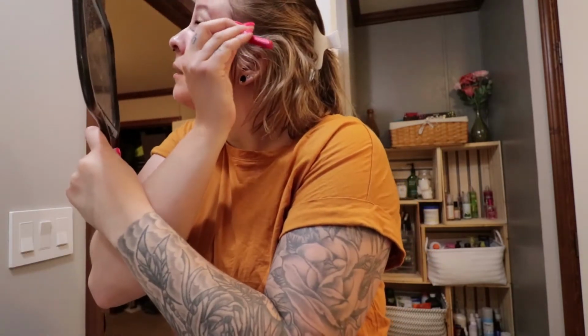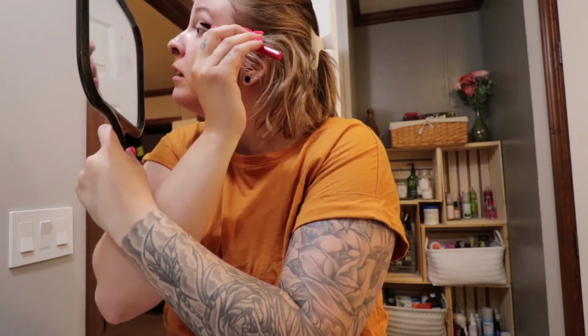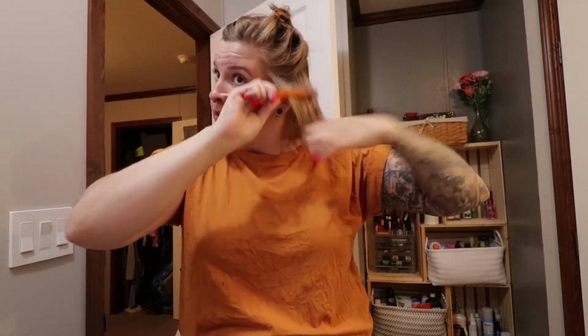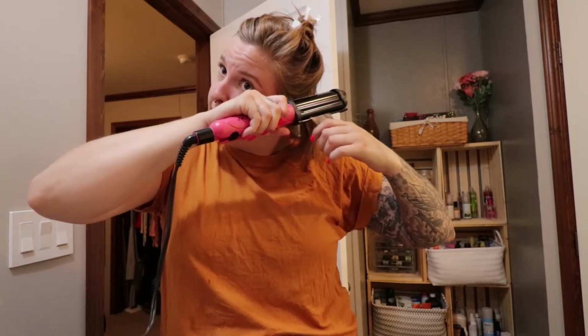Not gonna go too in depth with them because I want to spend a little bit more time on my hair. And I'm taking a shower tonight, so I'm gonna wash my lashes while I'm in the shower tonight. So I'm gonna start on this side, and I'm just gonna grab this first chunk right here. I'm gonna take it, being very careful of your ear, clamp down, hold it for a second,